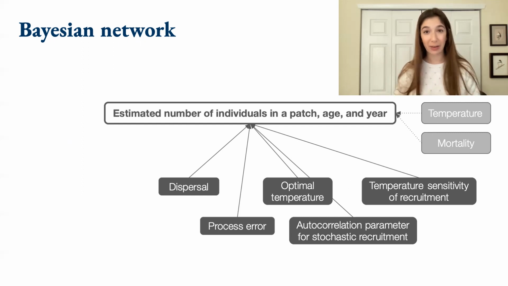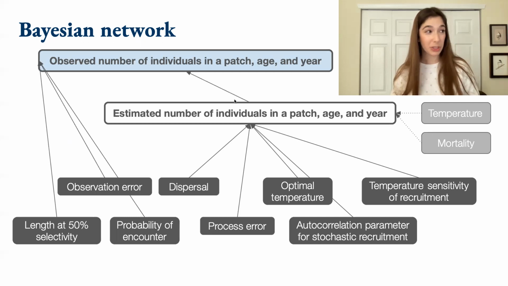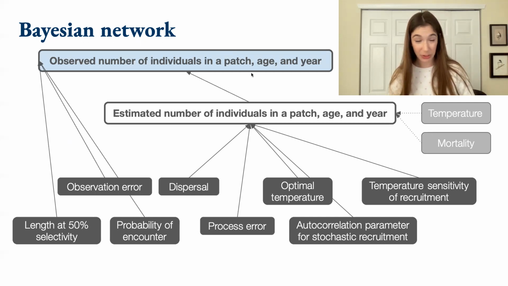because the data that we have weren't collected perfectly. In particular, because these data are from fishing surveys, they catch large fish in the net much more frequently than they catch small fish. So wrapped around this process model, we have an observer model that estimates the true population size based on what we observe, which is here in blue, all of the processes we just mentioned, and some additional parameters related to the sampling process, like observation error, and a couple more parameters that capture the difficulty of catching small fish and the probability of encountering fish at all.